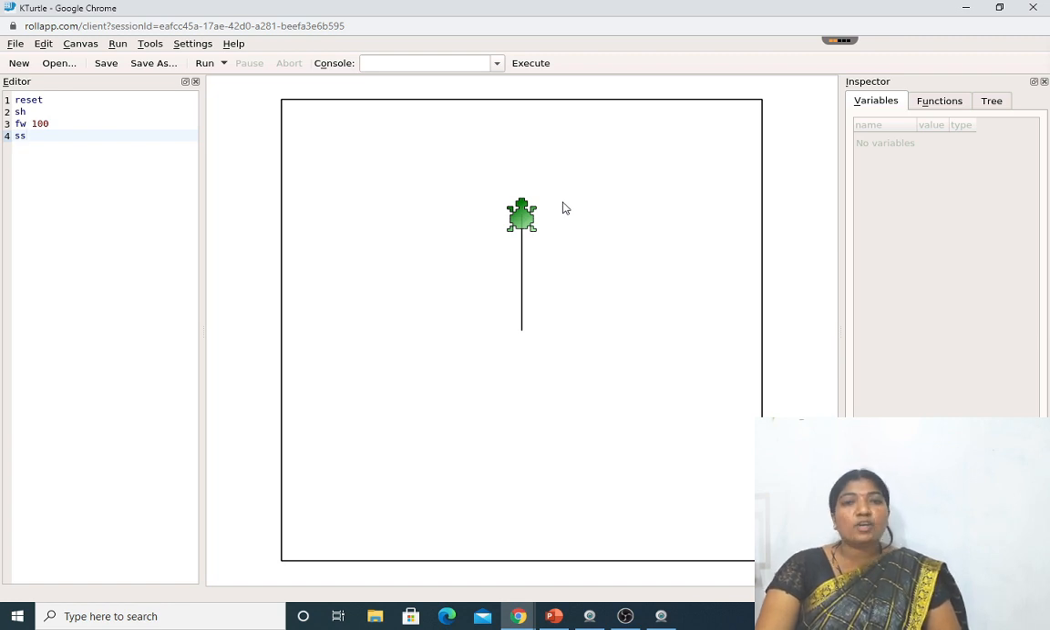This is the main use of the sprite hide and sprite show commands. What do you mean by SS? That is sprite show. The turtle will be visible in the canvas, and SH is nothing but the sprite hide command. Whenever we make the turtle hide, after that we make it show. That is sprite hide and sprite show. Okay. This is one example. The next